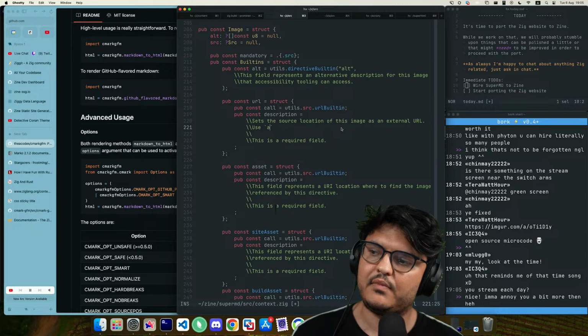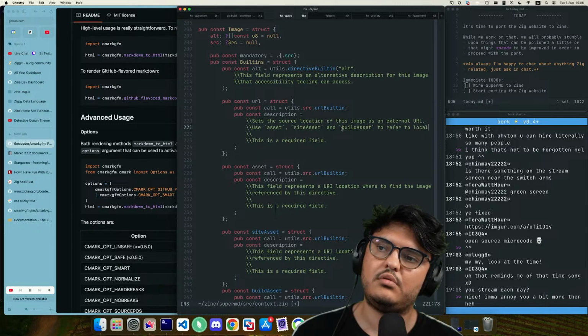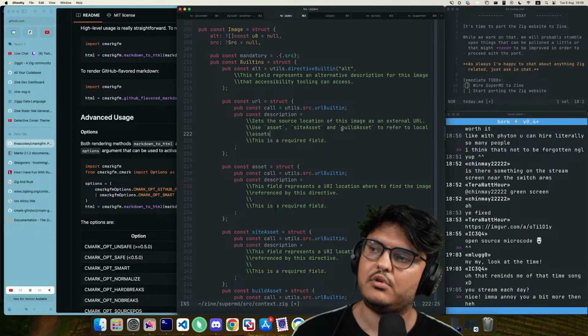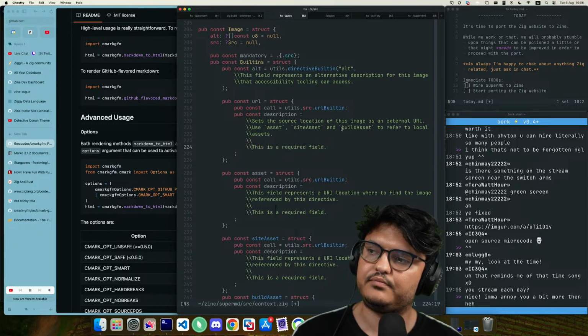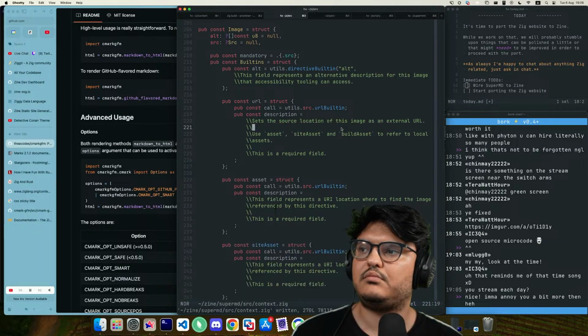Use asset, site asset, or build asset to refer to local assets. Yeah, I think this is nice.